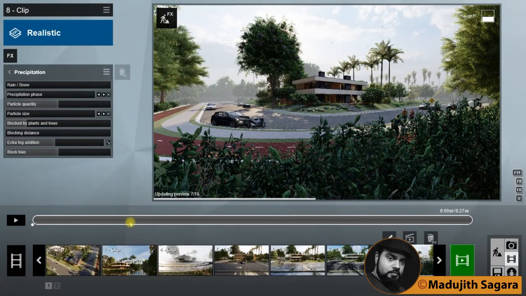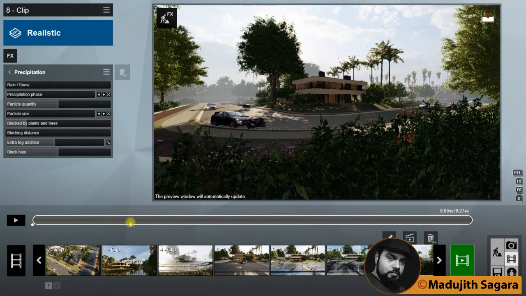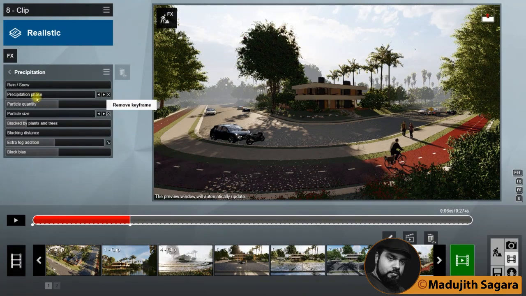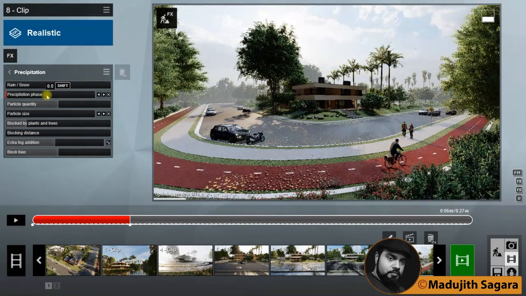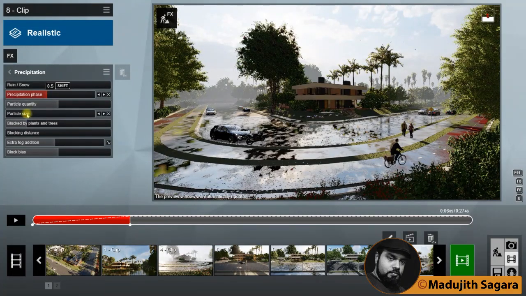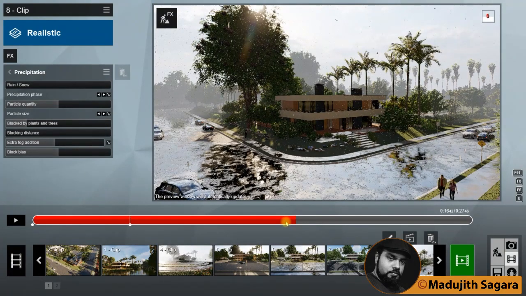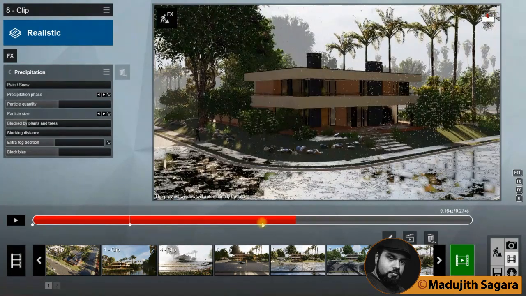Then I will increase the precipitation to around 50% and particle size 50%, like that. Then I will go to another keyframe here, like that to this place, no matter. Then I will add another keyframe here and there. There I will increase this fully to 100%.